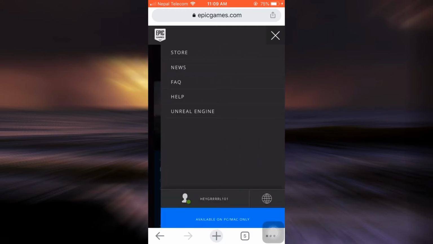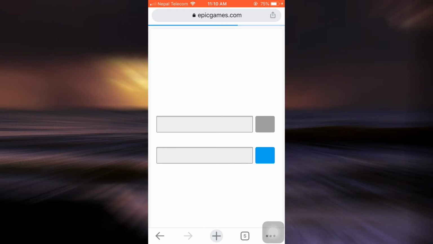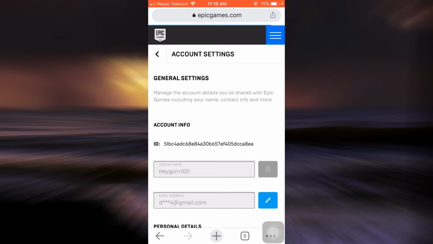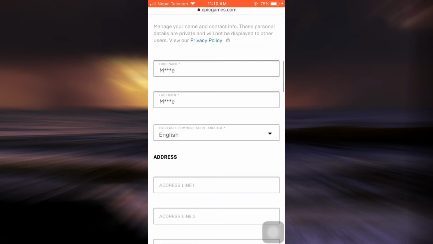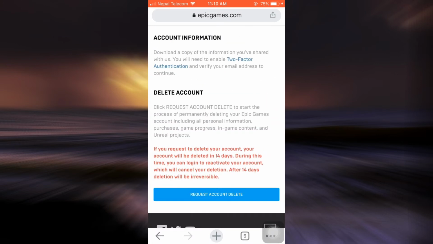And there, on the lower section, you can see your account name. Tap on the account name. Then click on Account. As soon as you do this, you will land on the General Settings page. Now what you can do is simply scroll downwards, and here you can see an option that says